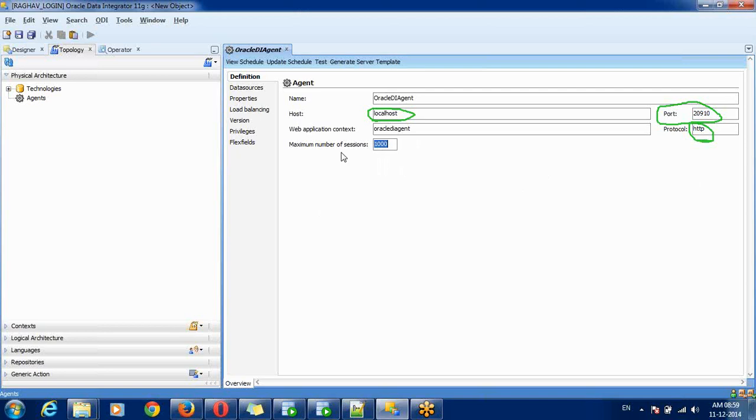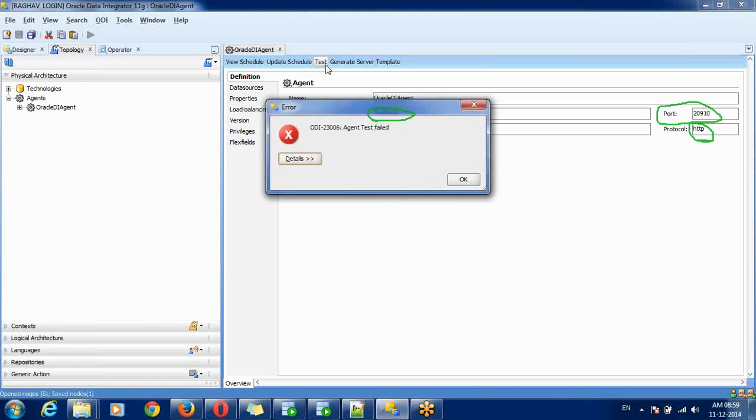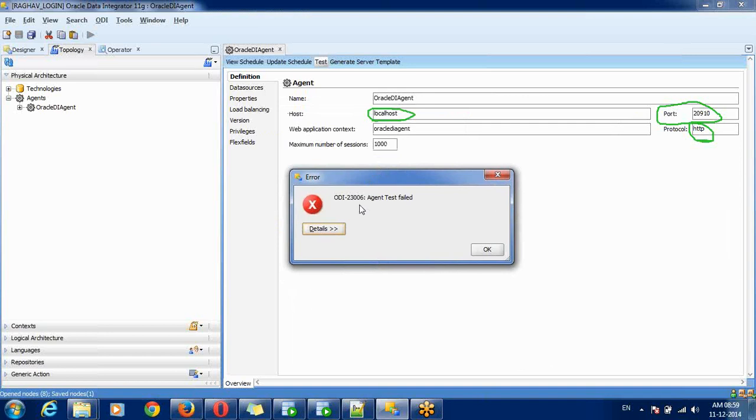One agent can allow a maximum of 1000 sessions at a time. Save this agent. If you click on Test, it will fail because there are some more steps we need to configure at server level.